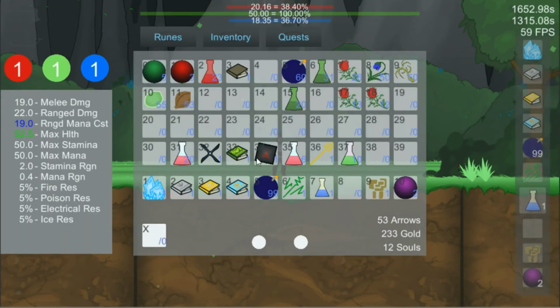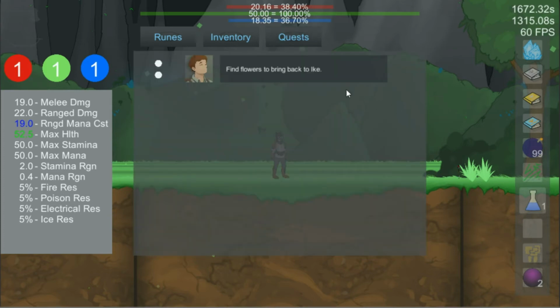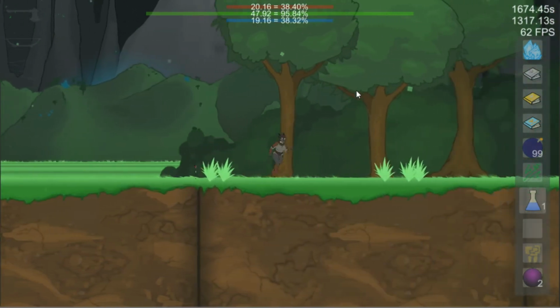So, let's review. We have cool items. We have a big area to explore. I didn't show all of the area, by the way. There's still a couple more nooks and crannies to explore, but I covered the main portions of it. So now let's finish that quest by leaving the level. Oh wait, no, I lied. We're gonna...